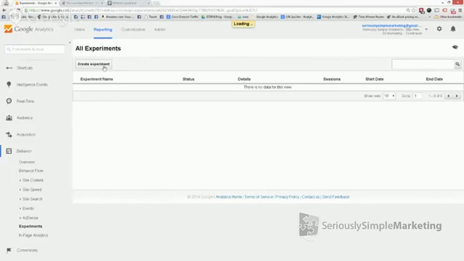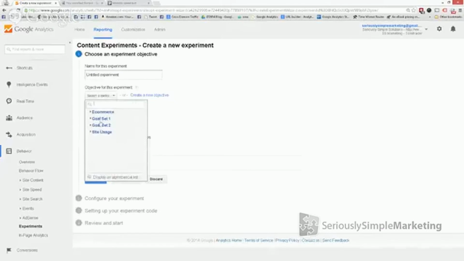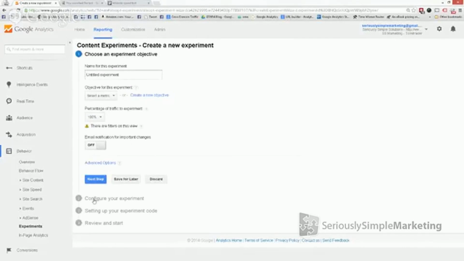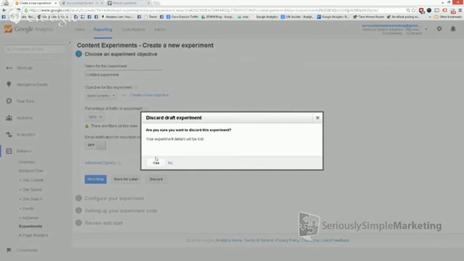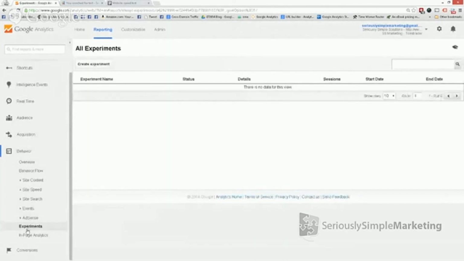You're just going to click on create an experiment. Once it loads up, it's going to tell you to name it, what you want to track. So basically be set up to a goal. So you'll want to track it up to a goal or to e-commerce sale, but mostly a goal. And then you'll come through and you configure it. So it'll say, what's going to be the control page, and then what are the different variations you want to rotate through. And that's pretty much it. And then it'll do its thing. So again, pretty basic to set up. It is free. That's the big benefit, is that it's free. But for our purposes, we like Visual Website Optimizer, and that's exactly what we use for our pages and for our split tests.